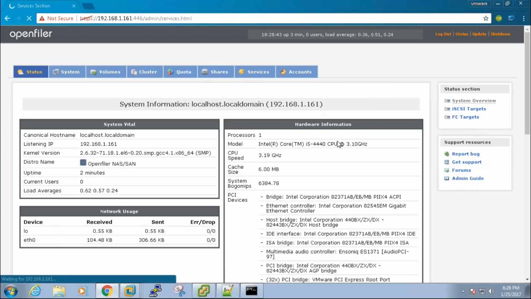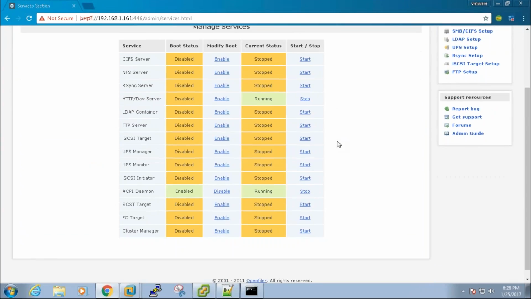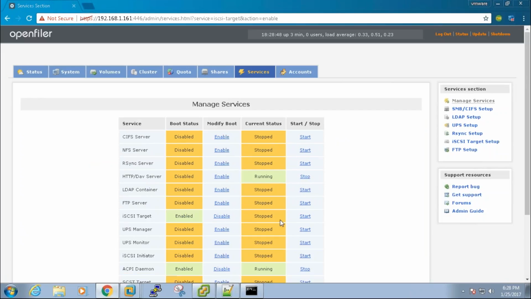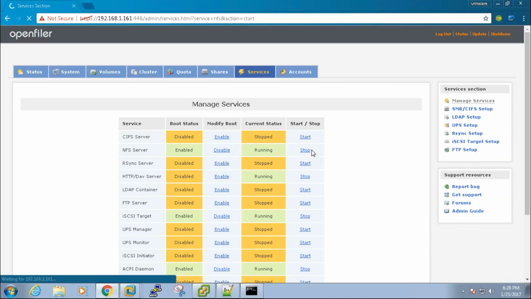First we need to go to the services, make sure that the iSCSI target is enabled and the service is started. Make sure that your NFS server service is enabled and started. That's all.